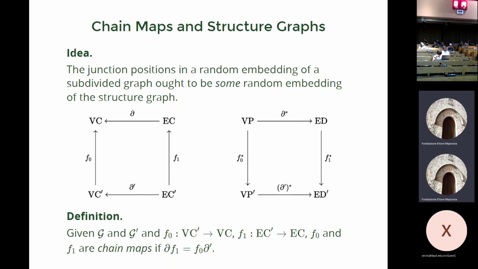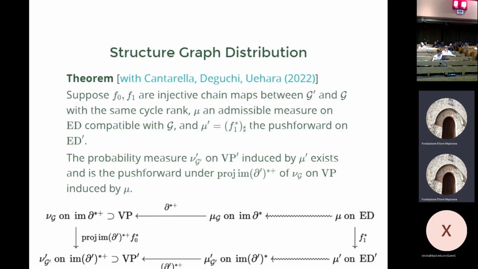So when you do this, I had this map from this graph into that graph, these compatible maps, these chain maps. Then when I apply the functor, if I'm interested now in displacements and positions, I get maps going the other way. So the distribution on my subdivided graph, which is maybe fairly simple, pushes forward to some more potentially complicated distribution on a much simpler graph. So I trade the simplicity of the distribution up here, it gets turned into a complicated thing here, but it went from a very big graph in matrix terms to a very small graph in matrix terms here. So you can trade off complexity using these diagrams.